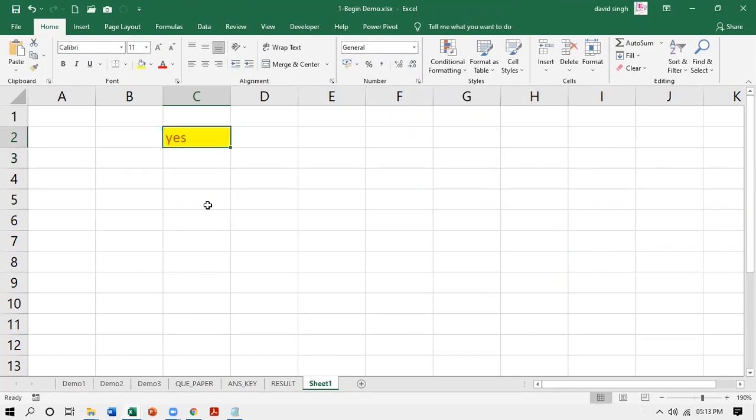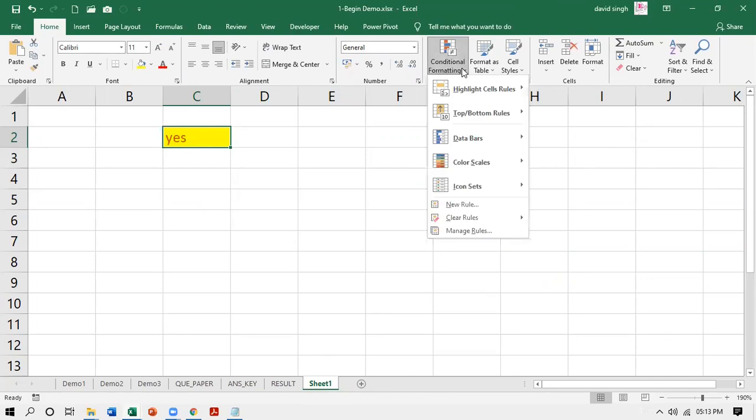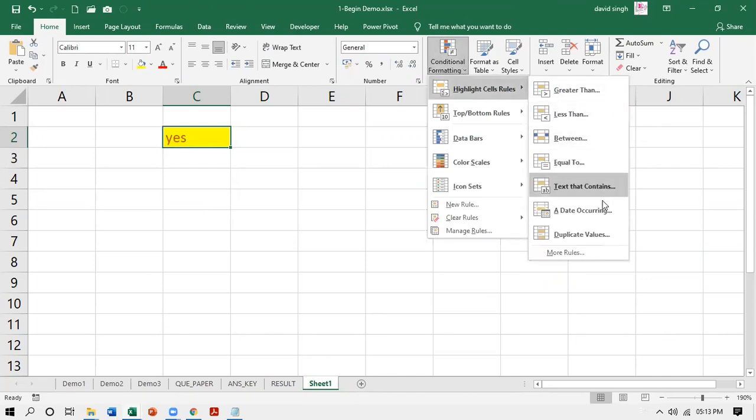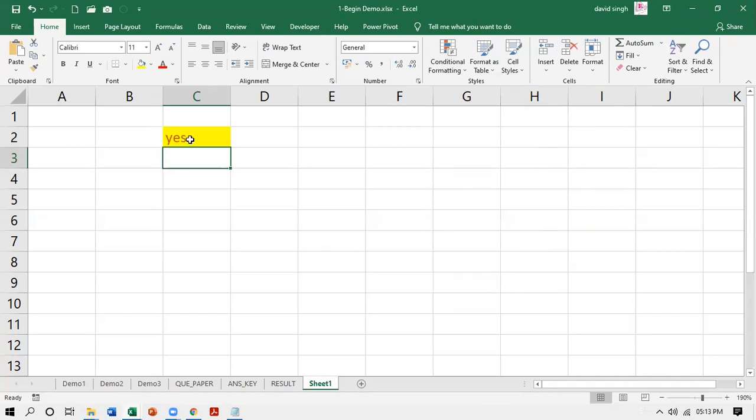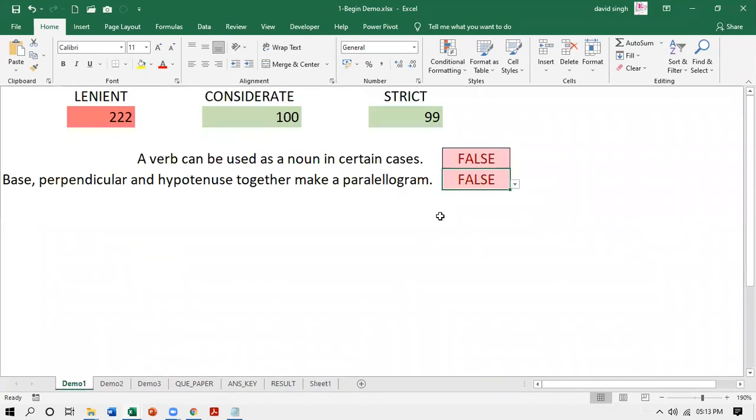So did you notice how this conditional formatting is working? You just have to give the criteria. You just have to mention what you want as per the rule, and this will work here. So this is one example, one demo of conditional formatting. Now, if I show you this demo, you can figure how these cells were changing values. It was simple conditional formatting done.